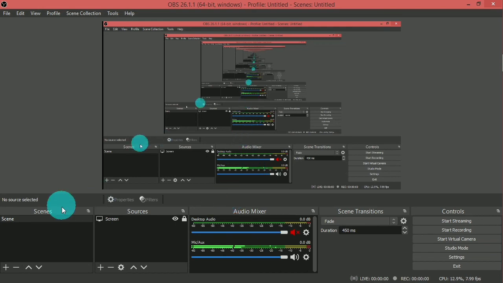And now let's learn about proper OBS layout. At first, OBS will give this kind of layout as you can see here. All the options will be right here, but this is not very comfortable for us. If you get used to it, this will be comfortable, but if you are using OBS for the first time, this will be a bit less comfortable. So we should customize the OBS layout.